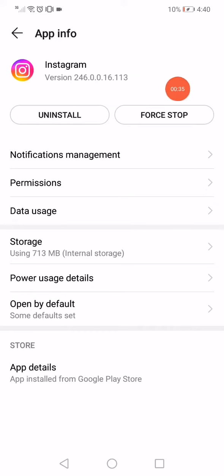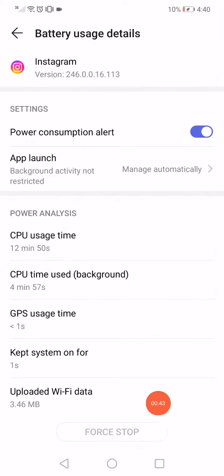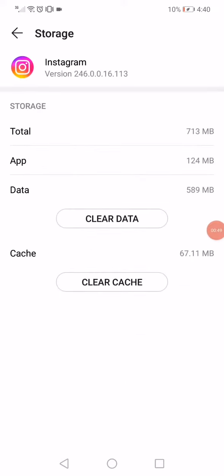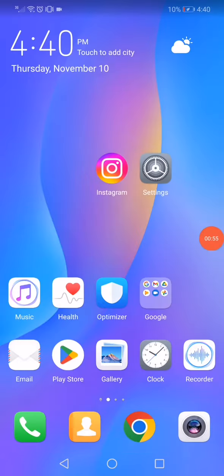Just click here on this force stop option, and then go down to the power usage and click on it, and click here again on this force stop for the power, and then go back, click here on the storage, click on clear data, and now restart your phone and reopen Instagram, and the problem is gonna be